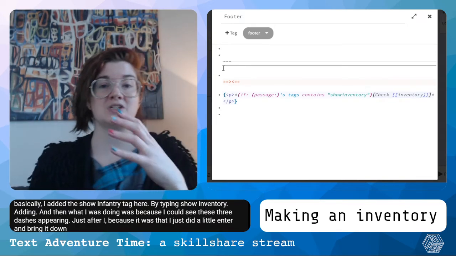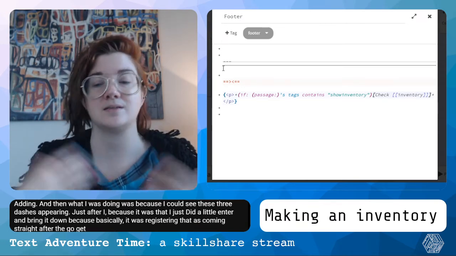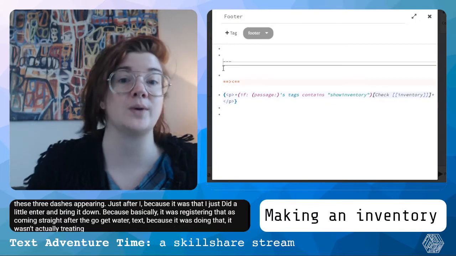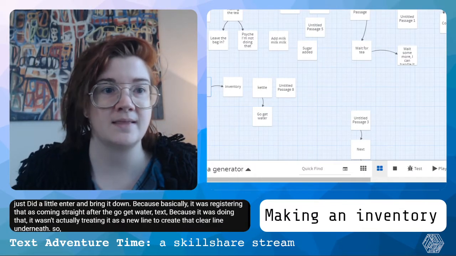It was registering that as coming straight after the go get water text, so it wasn't treating it as a new line to create that clear line underneath. So having done that,